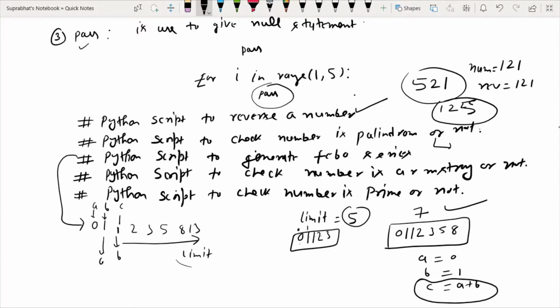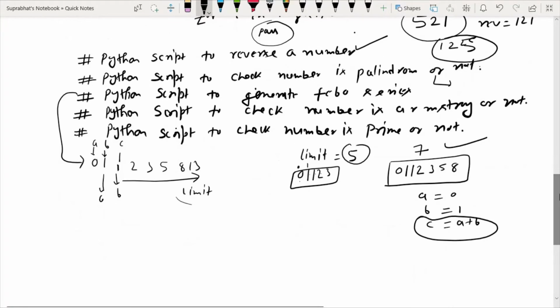You have to give a termination condition to generate this. Otherwise, if you are using a for loop or a while loop and you haven't given the termination condition, then it will go into an infinite loop. So you have to take care about this. So try to develop this Fibo series question also.